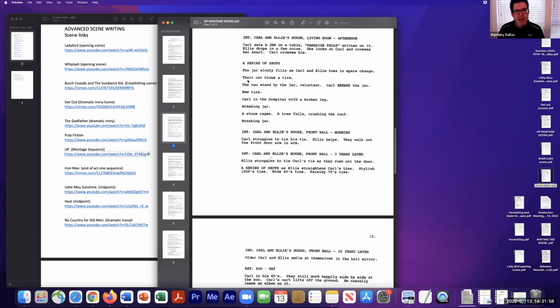You're just saying their car blows a tire. You're showing a setback. Carl stands by the jar, reluctant. Carl caps, breaks the jar, right? As you saw in the sequence, bam, it's a big deal. The jar's broken, right? A lot more details with the jar being broken, but the one